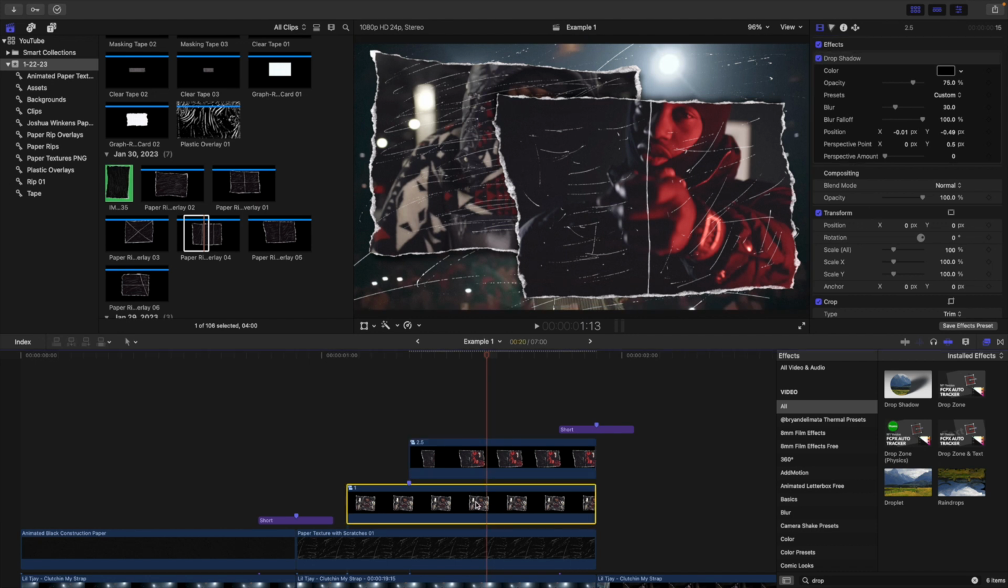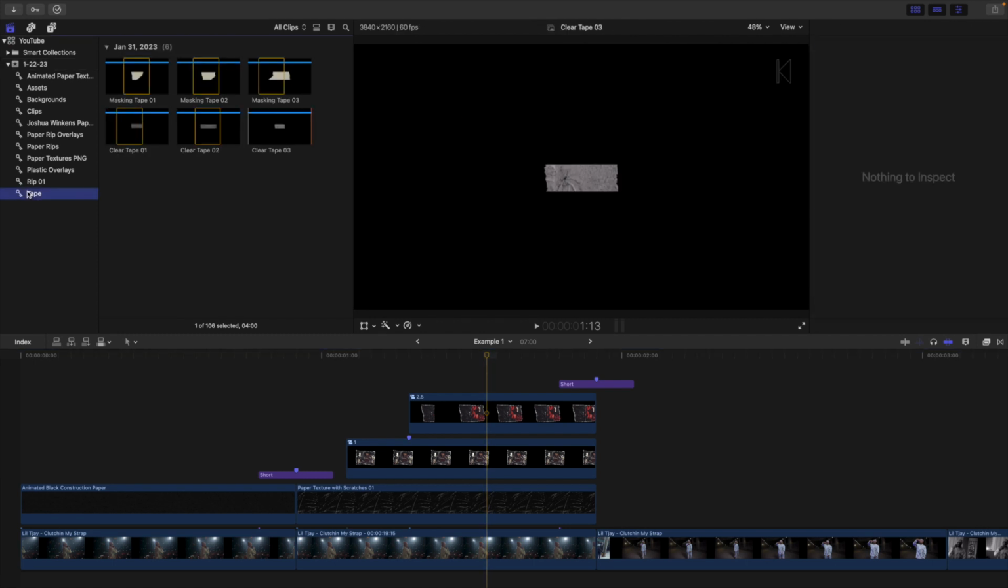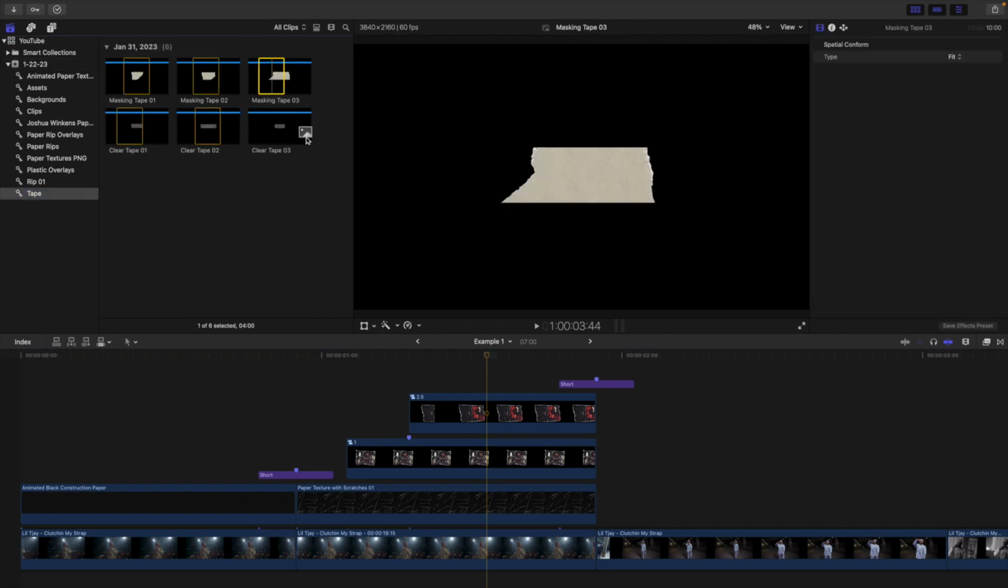So we go ahead and just disable it. As you can see, you have a nice shadow. So adding a drop shadow is really nice just because it's going to help add depth to the actual overlay itself. Now we can also head over here to tape, and let's select a tape overlay and